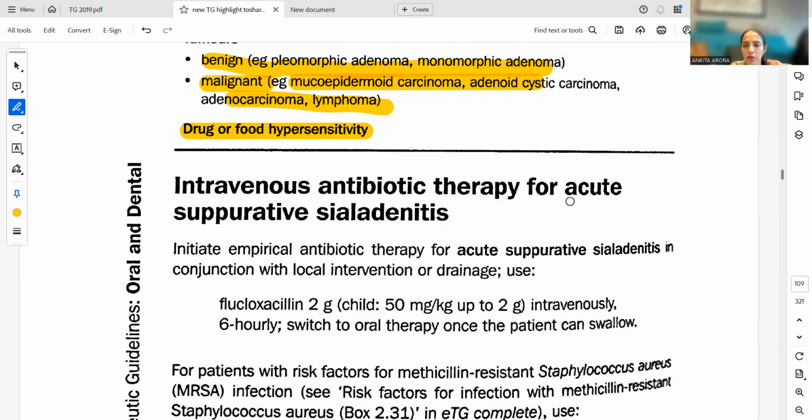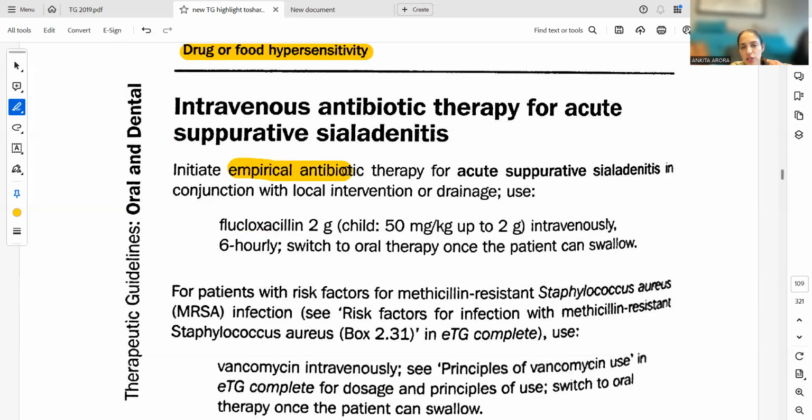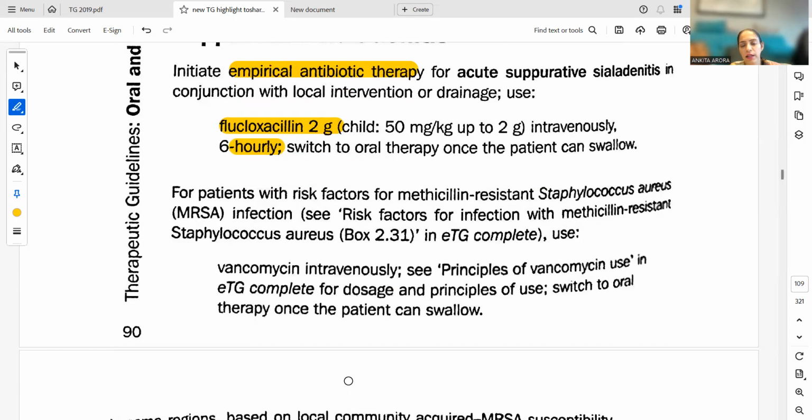Then we have intravenous antibiotic therapy for acute suppurative sialadenitis. We have to start the initial empirical antibiotic therapy in conjunction with local intervention or drainage, and this is flucloxacillin 2 gram. You would not find this antibiotic in non-salivary gland diseases, and flucloxacillin is exclusively read in therapeutic guidelines in salivary gland infection. For a child, 50 milligram per kg up to 2 grams, same as amoxicillin, intravenously 6 hourly. Switch to oral therapy once the patient can swallow, like they do for every other